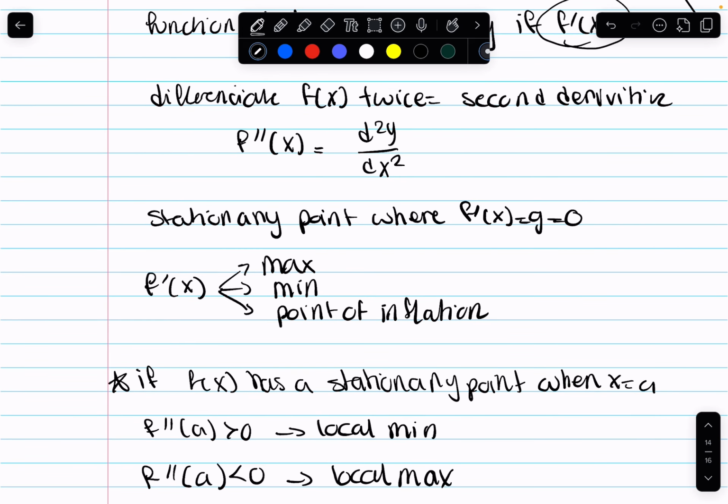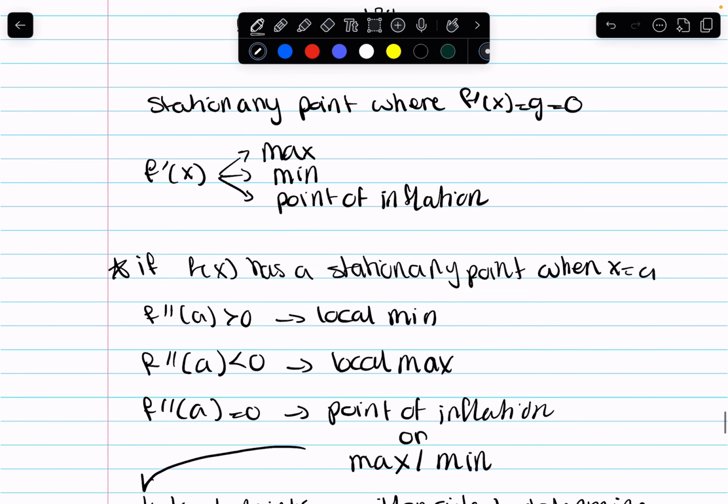So if you differentiate f of x twice, you get a second derivative, and that is d squared y over dx squared. Stationary points are when f prime of x, or the gradient, is 0. So basically when the gradient is 0, you could get three possible things: a maximum point, a minimum point, or a